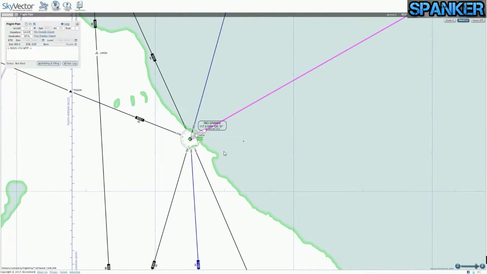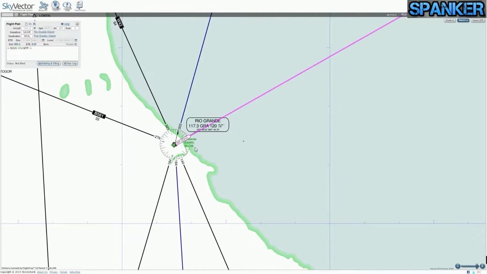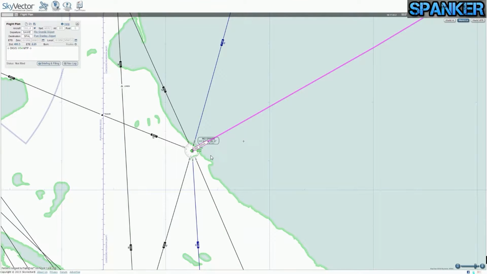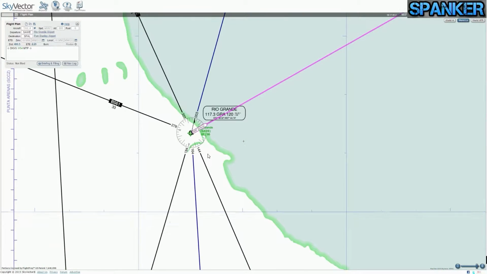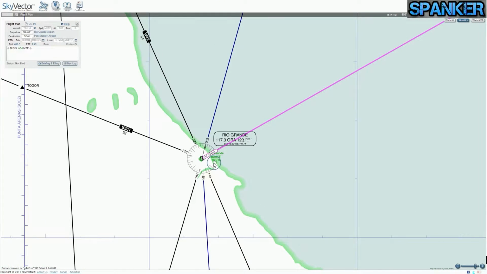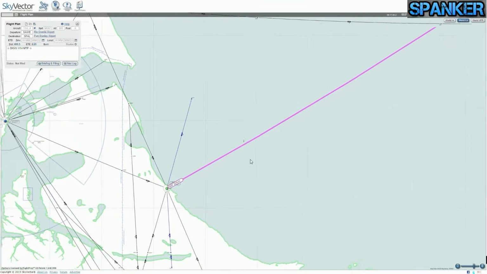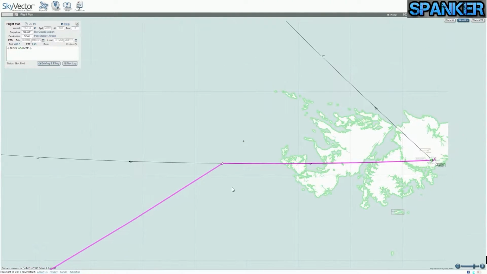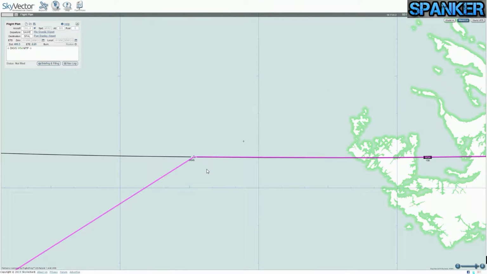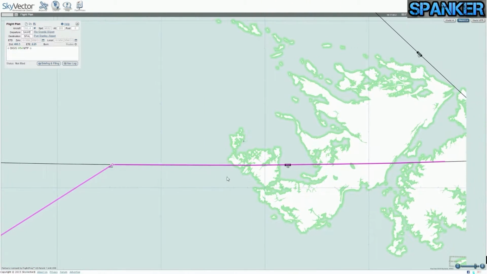We recently landed at Rio Grande, Sierra Alpha Whiskey Echo. Our next leg is a jaunt over to the Falkland Islands, so we're going to be taking off from whichever's the active, not sure which it is yet, flying about 50 degrees. We're going to pick up this waypoint Diggis here, make a right there and follow this